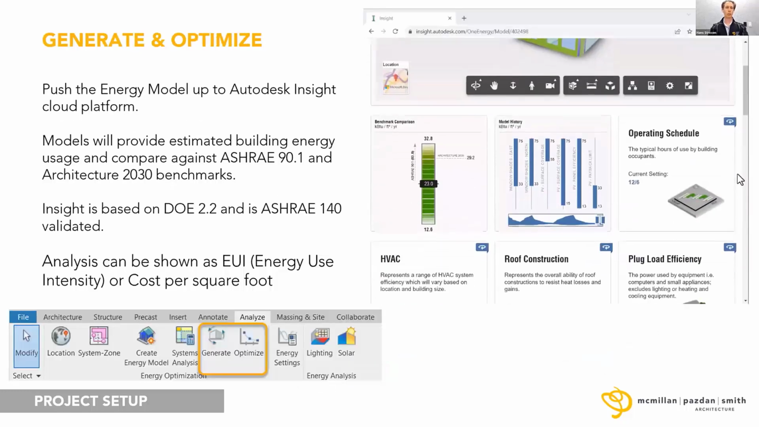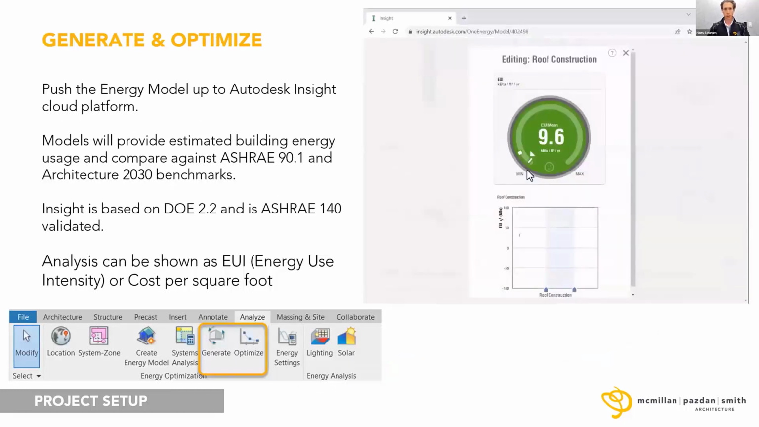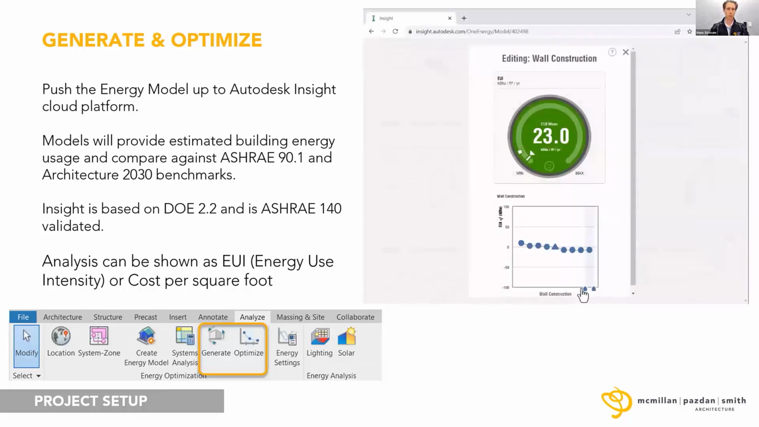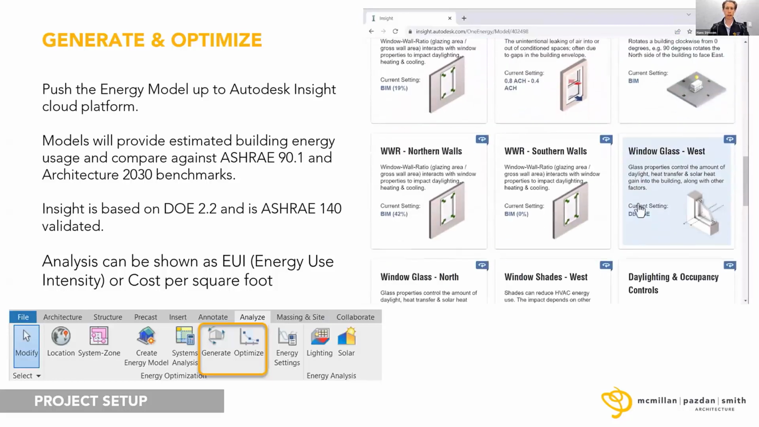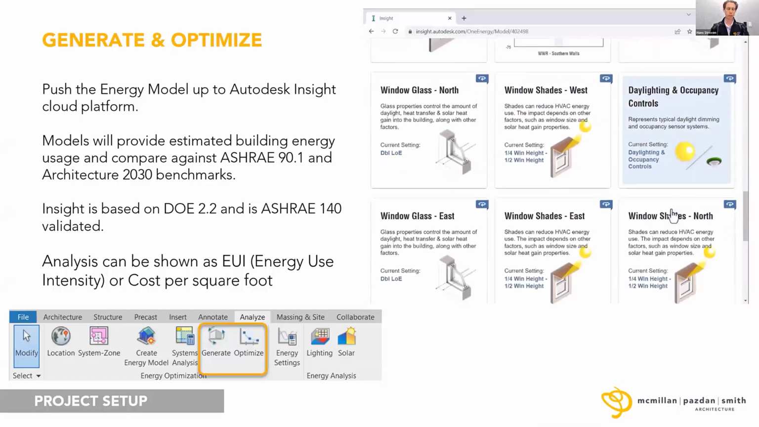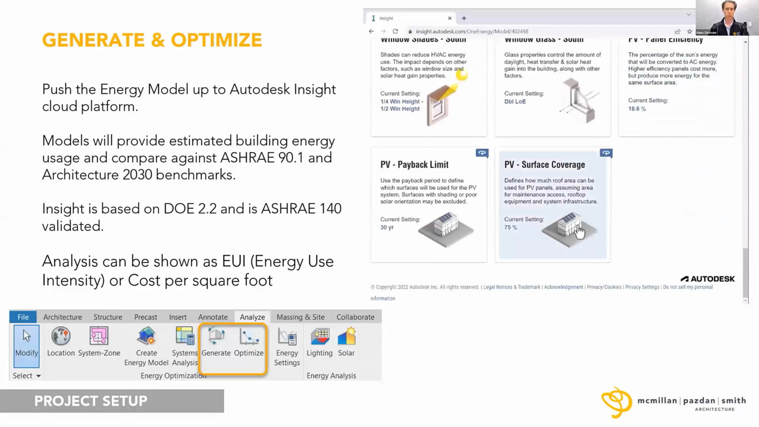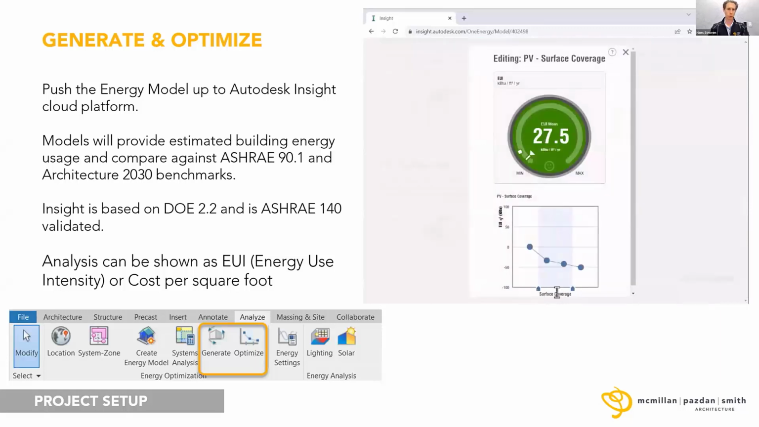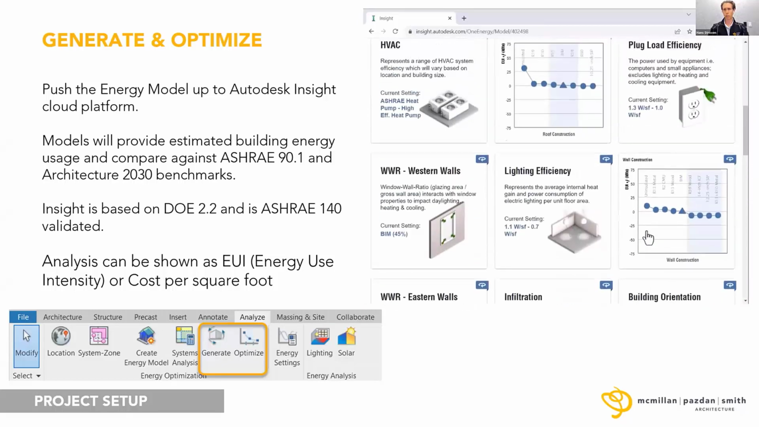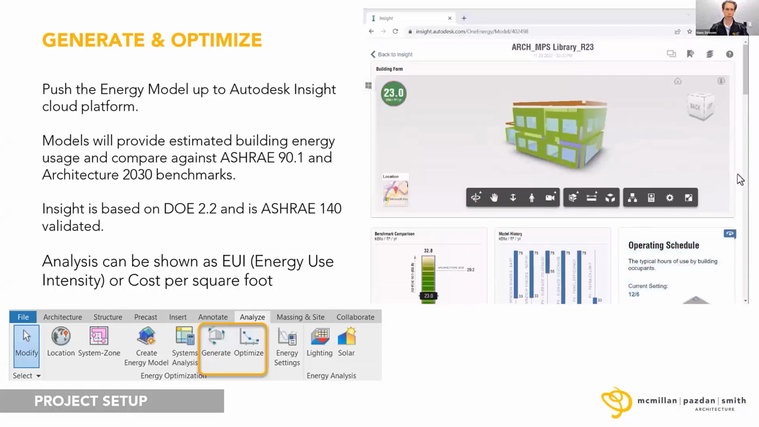So now once we've checked to make sure that our model looks correct, we can go ahead and hit that generate button. And that's going to push it up to the Insight web platform. And then we can begin dialing in our energy factors, or what they call our widgets. And each of these pertain to different construction items, MEP items, solar, and so forth down the list. And what you're seeing in the video example here is I'm going through each of these cards, and you've got a graph of a range of